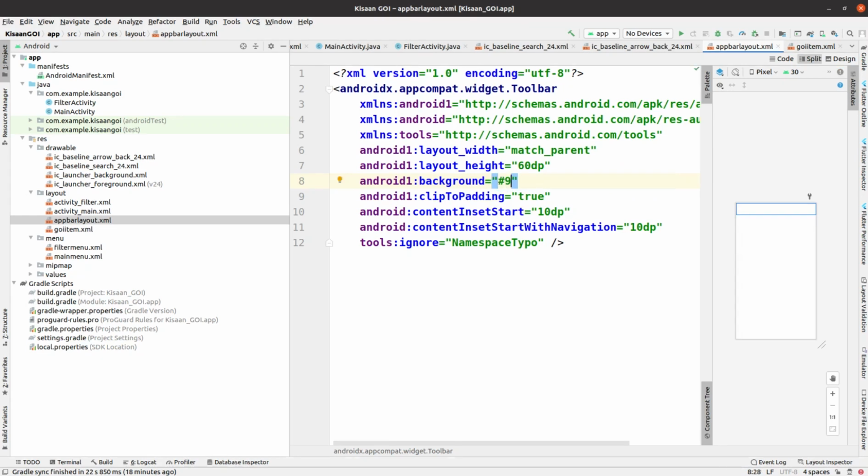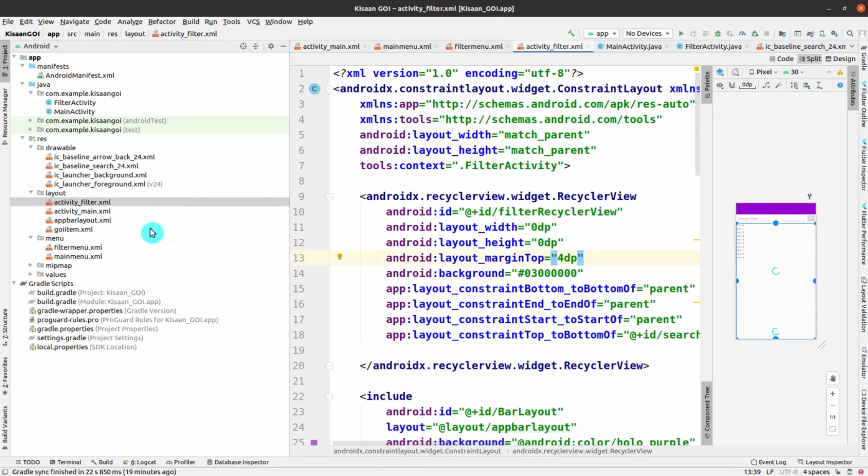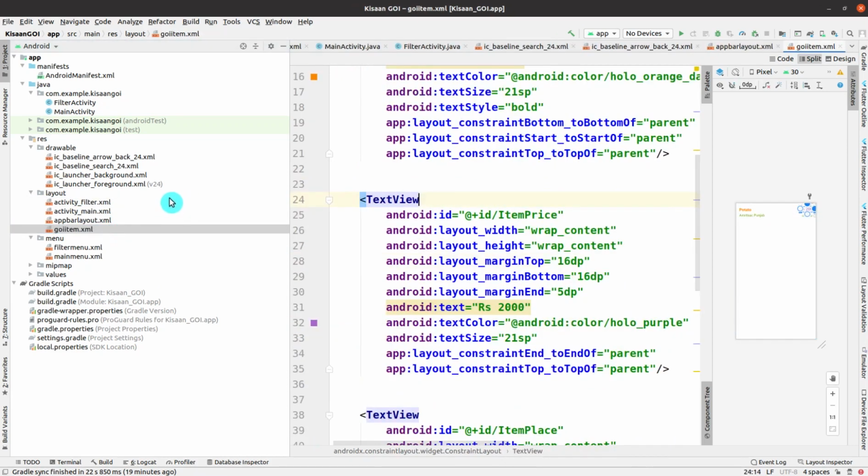It should appear. If I make it a hex value, then it will appear. So for the hex color, you have to give values like 9400, and in the meanwhile you can see on the right side that the color is appearing.